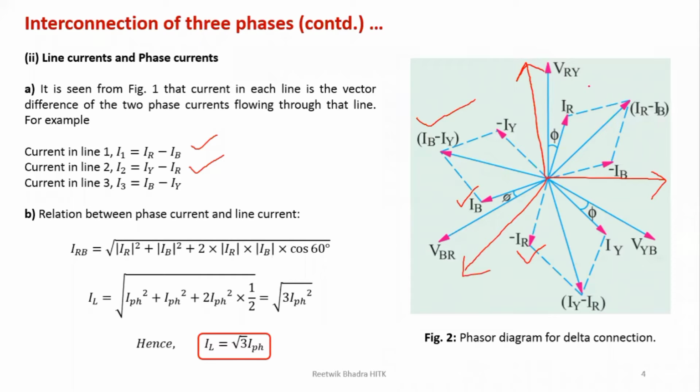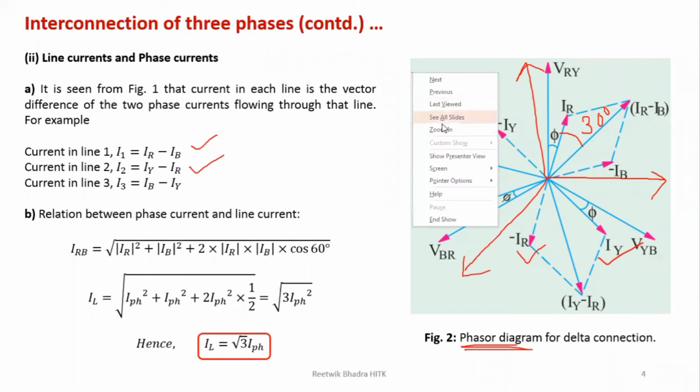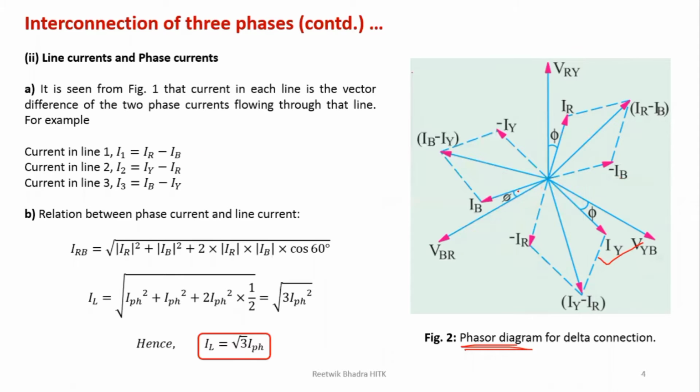So if you draw the whole complete figure, I told you how many equal divisions you will get, 12. So 12, 360 divided by 12, each division will be 30 degrees. So all things are equal like star only, except this phasor diagram will be drawn in terms of current. The previous phasor diagram was drawn in terms of voltage. No problem. You can remember the last phasor diagram, draw that also, no problem.